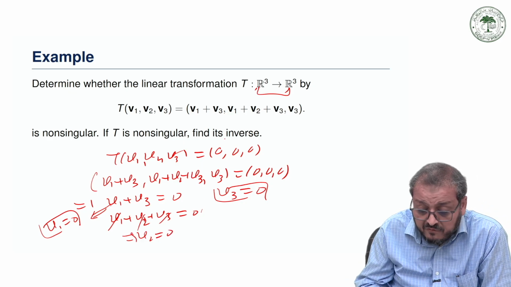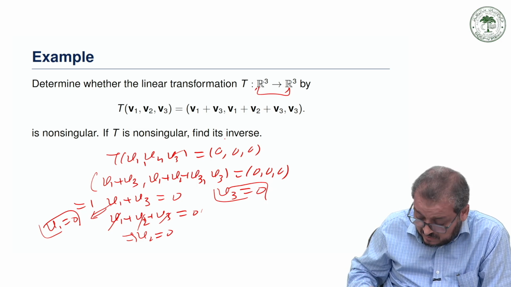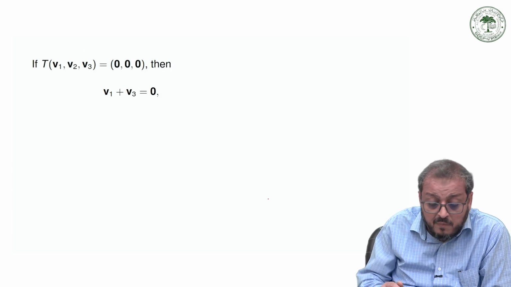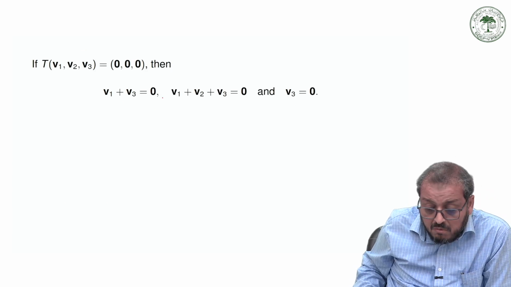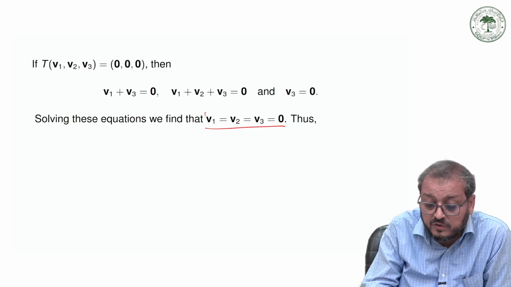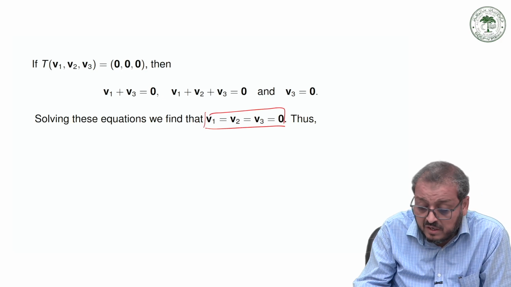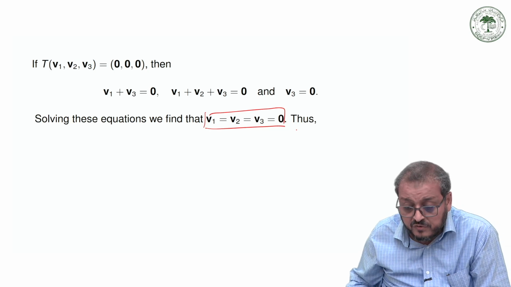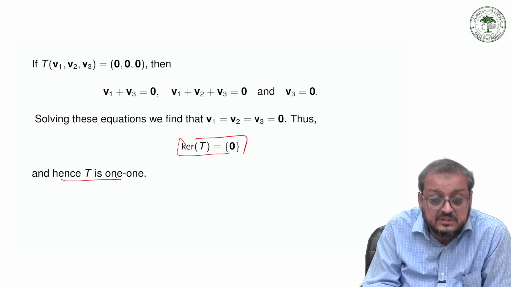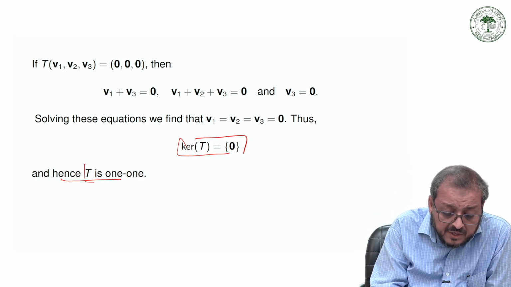So ultimately we can say that clearly we write it into this form. Solving these three equations, we get v1 = v2 = v3 = 0. So this means the kernel of T is equal to 0, hence T is 1-1. And now because T is 1-1,